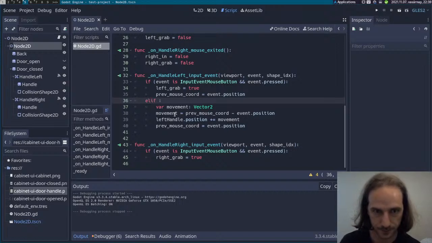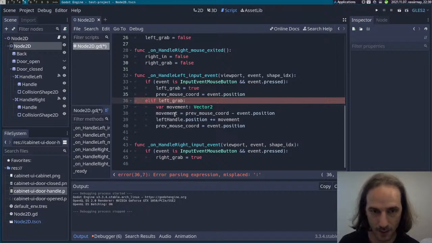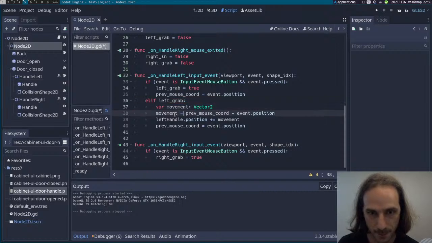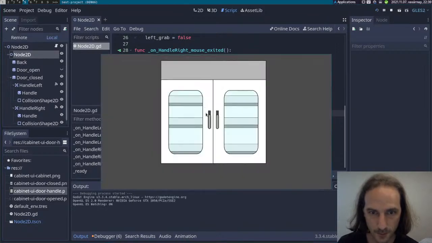Elif, what is it? Left grab. So only if we are grabbing things, that's when it should work. So now nothing should happen, but once I press this,